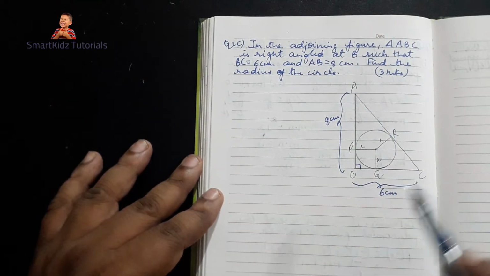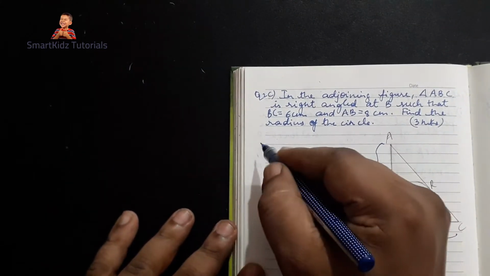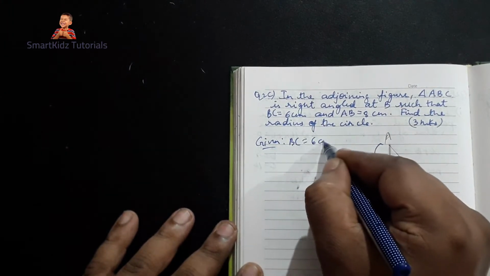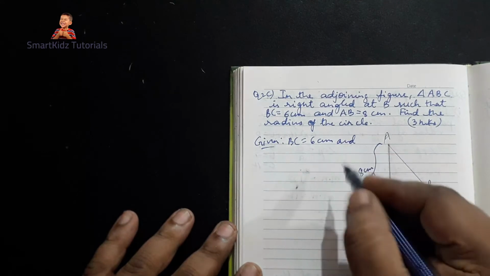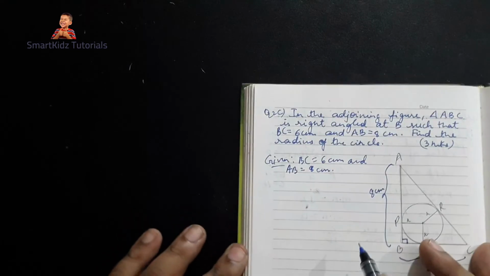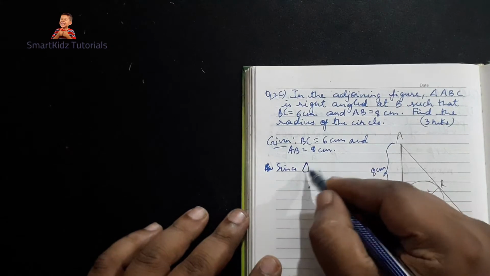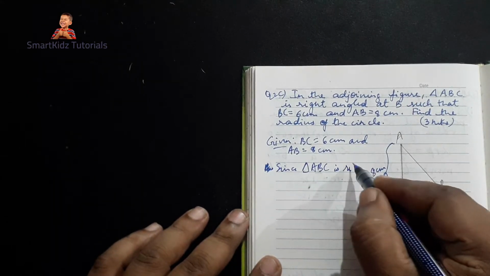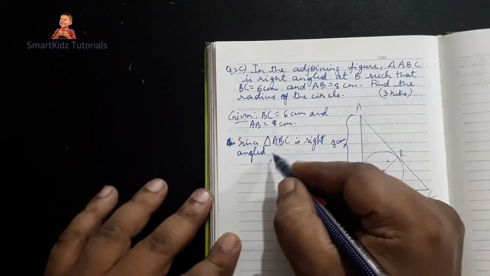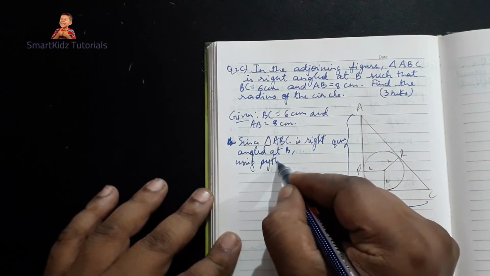So AC will become the hypotenuse. Therefore we'll write down what is given first. Given BC equal to 6 centimeters and AB equal to 8 centimeters. Since triangle ABC is right angled at B, using Pythagoras theorem,